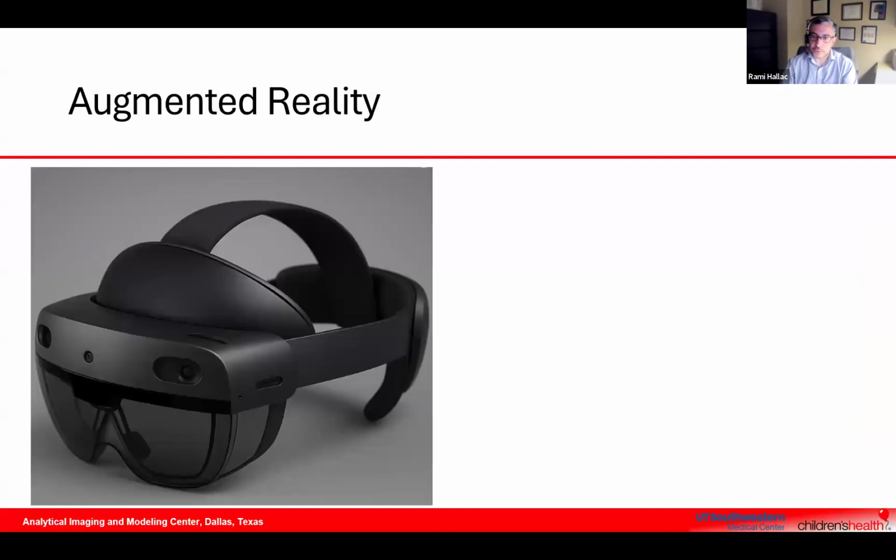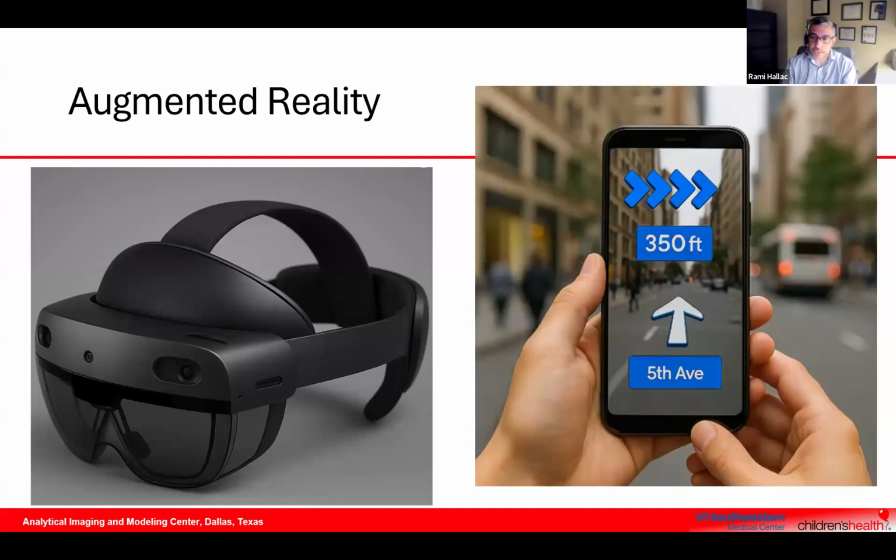In addition to FDA-approved tools, AI is now being built into technologies like augmented reality, or AR. If you haven't seen AR before, it's a way to add digital information like images or labels on top of what you see in the real world using a phone or headset. A common example is a navigation app. You can hold your phone on the street and see through your camera, and the app shows arrows and directions right on top of that view. In short, AR blends real and virtual elements together, helping us interact with the real world in a new and